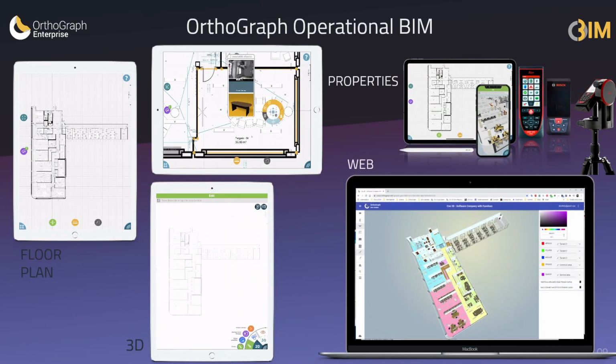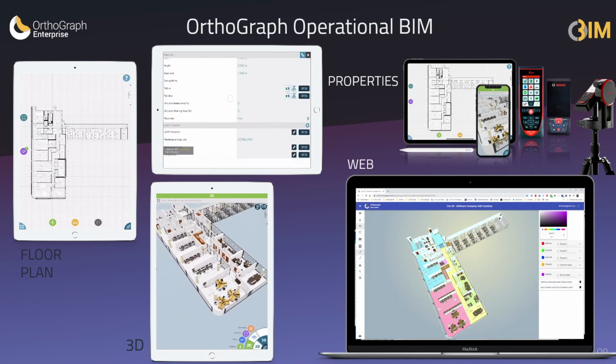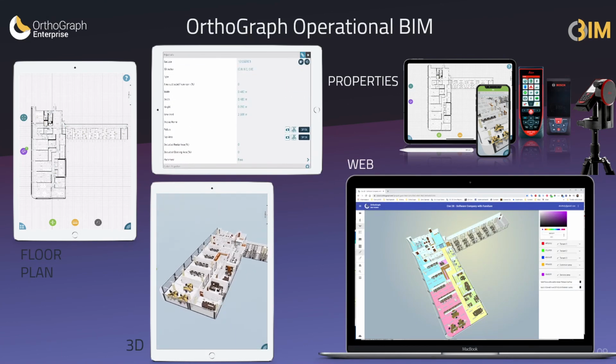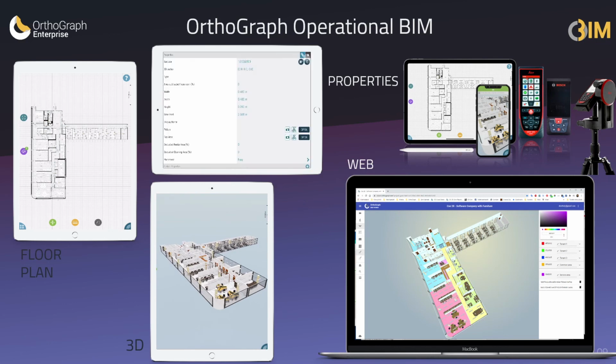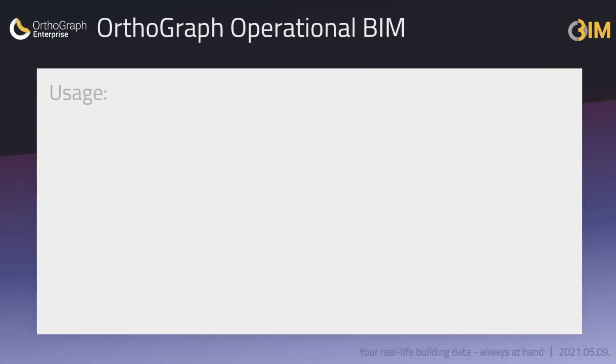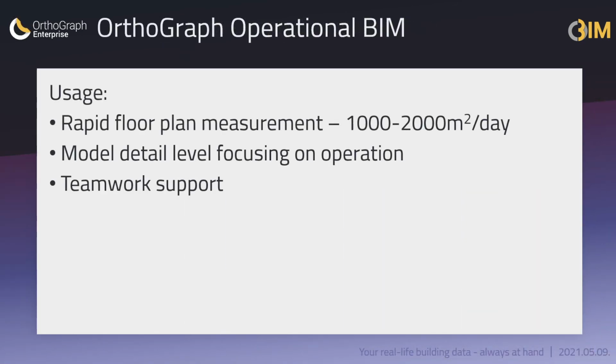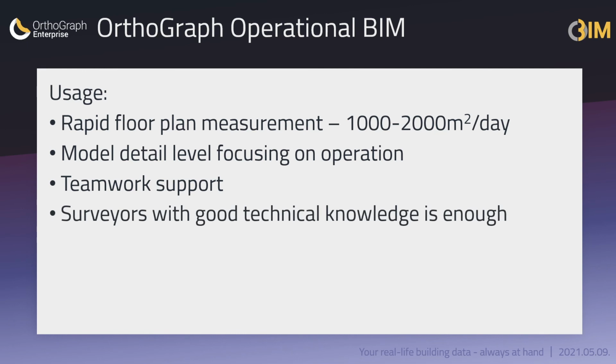It's about getting in control of the full building portfolio easily by involving as many surveyors as possible, each of them creating the required level of details with high speed. These surveyors don't need to be architects. People with good technical knowledge can do the work. For the data collection, only simple tools are required: laser distance meters, barcode or RFID readers, and a good tablet device. The result of the survey is instantly available.